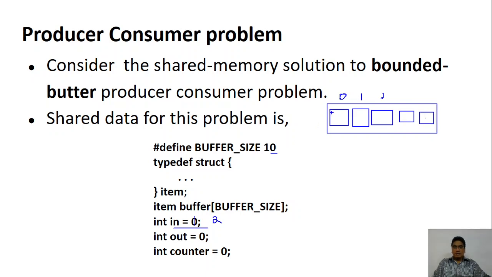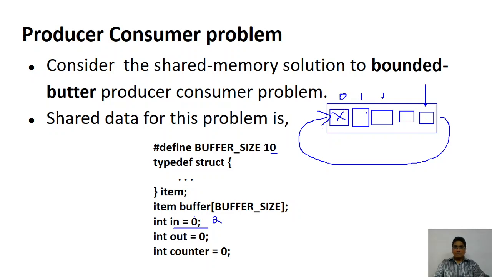Now a consumer consumes an item. The consumer will not consume the last item, the consumer will consume the first item. So your in pointer, the pointer that points to the location, is going to point here, indicating that the buffer is full. Now if an item is removed from the buffer, then this pointer has to come back to this location. So it is like a circular queue. You have studied data structures, so it is a circular queue.